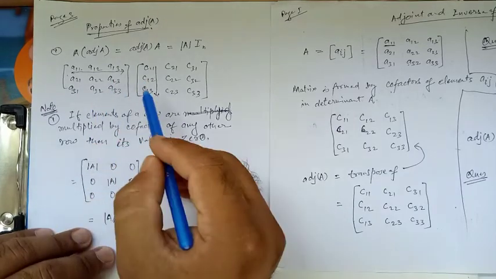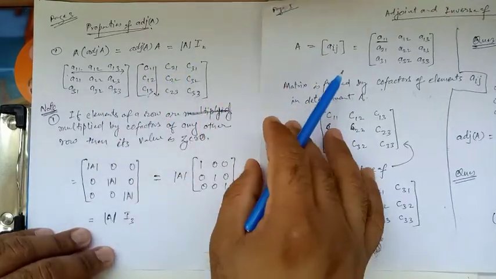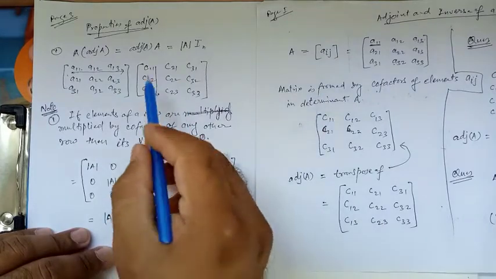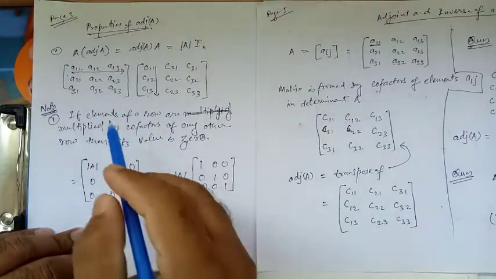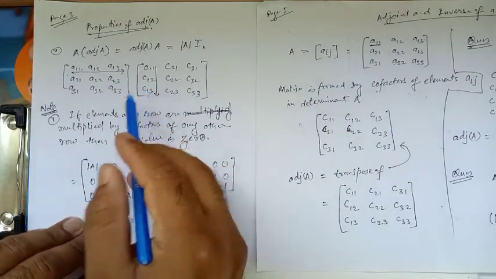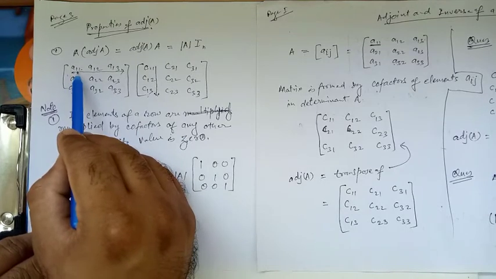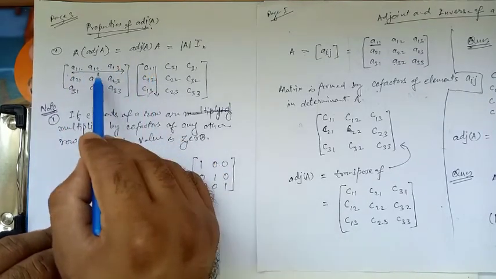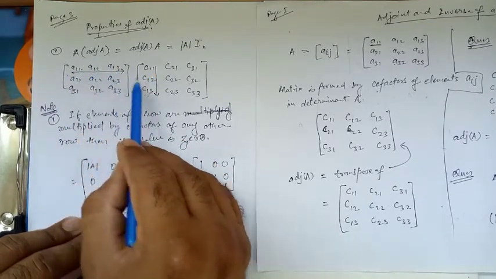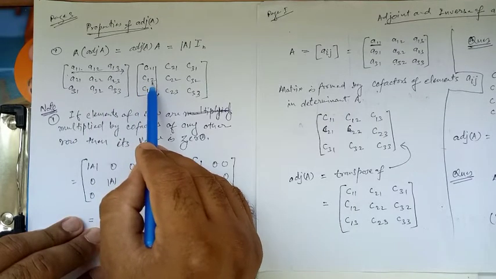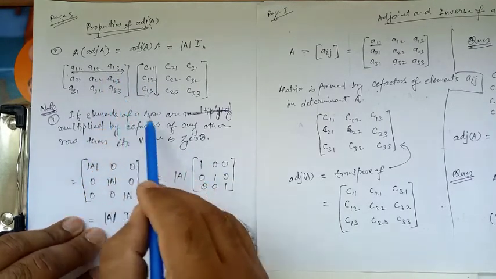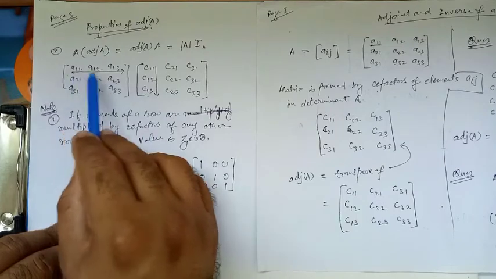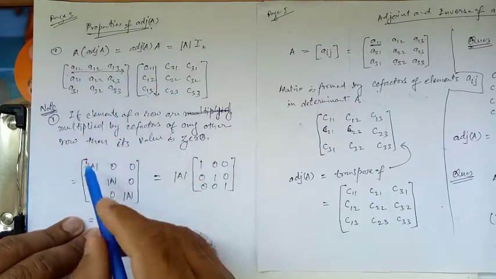Obviously we have obtained this by transpose of the cofactors of the matrix elements. So a11 multiplied by C11 plus a12 multiplied by C12 plus a13 multiplied by C13 will definitely give you the value of